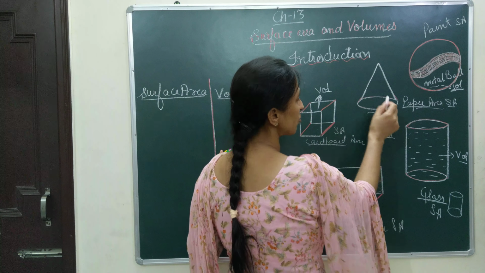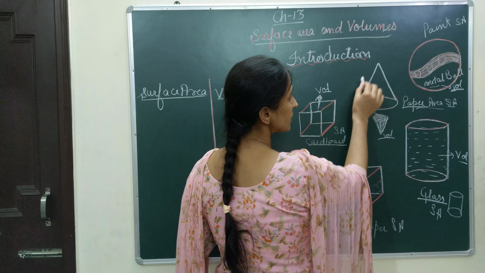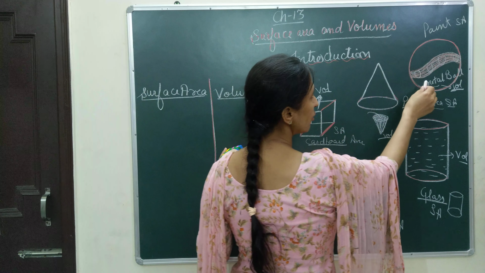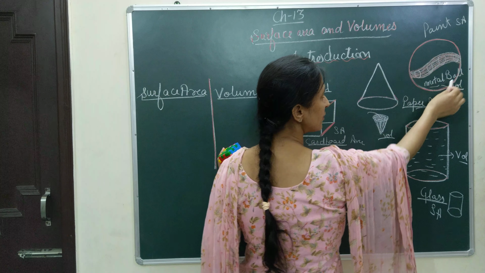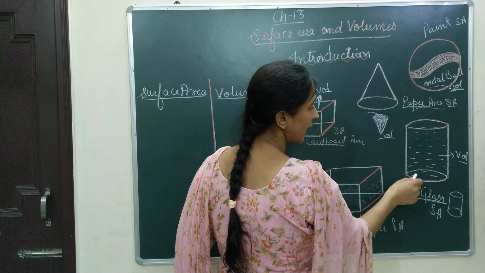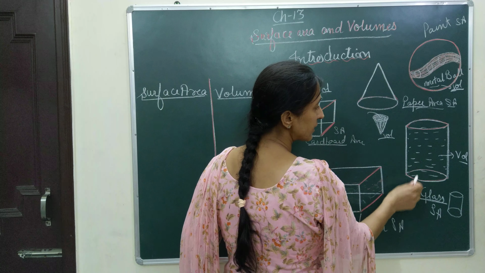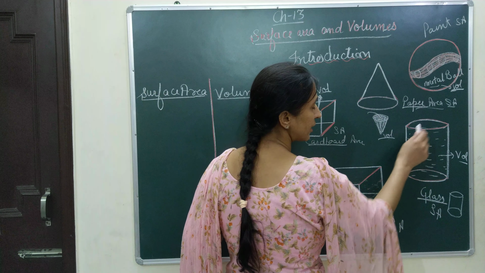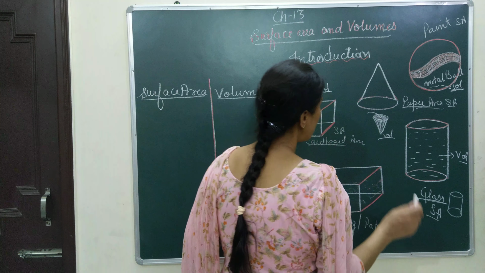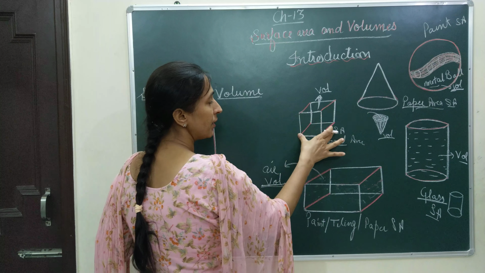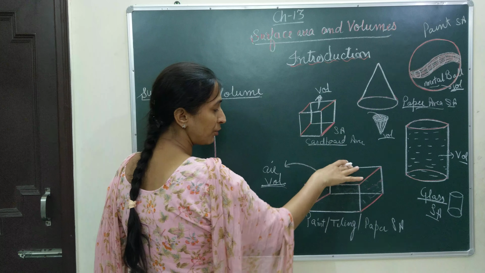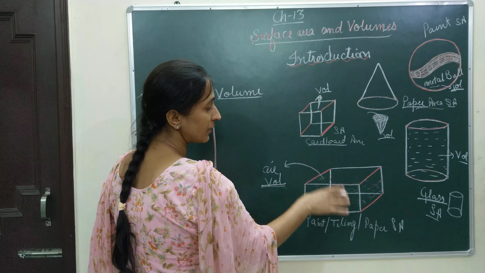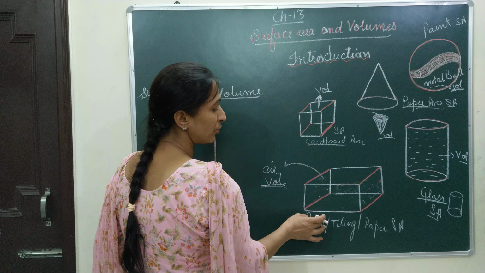If I am talking about this cone, and about this curved end and this circular end, I will be taking surface area. Here also, if I am going to paint only the outside of this sphere, then I am talking about surface area. Again, if this cylinder is made with glass and I am talking about the material used, or the cost of material in making such a cylindrical shape, then I am talking about surface area. But if I am going to fill something in this shape, like putting some chalks, or checking how much air or boxes it can contain, or what other article this room can hold, then I am going to find volume.